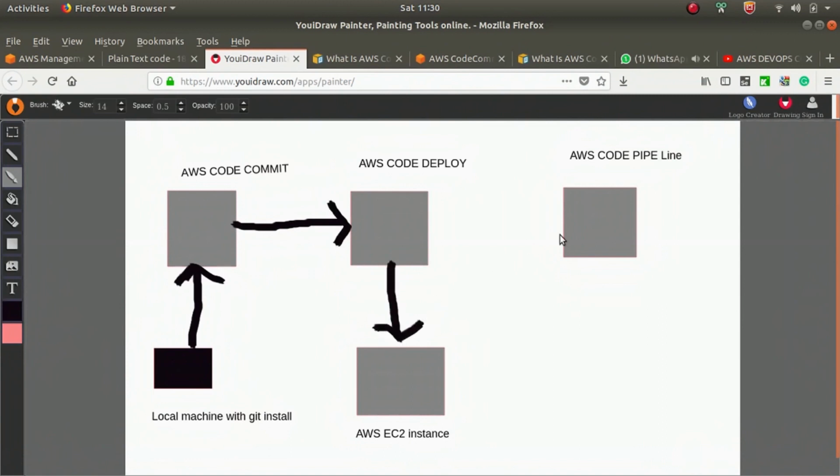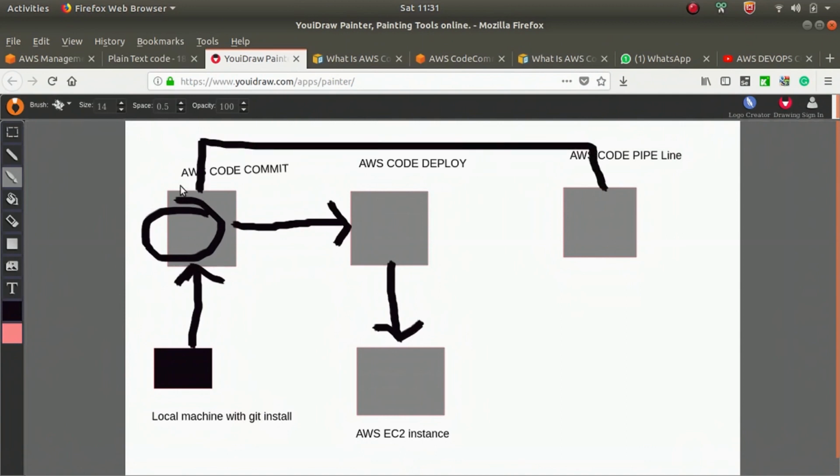That's all. Then what AWS code pipeline will do is that if a developer changes some code here in the repository, then the AWS code pipeline will detect the changes and inform the code deploy that some code changes happened. The code deploy will then automatically build the new codes and deploy them to the EC2 instance again.